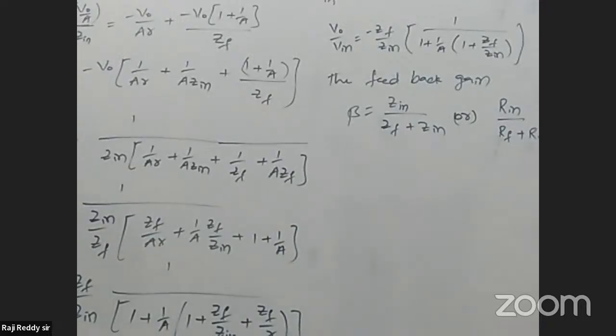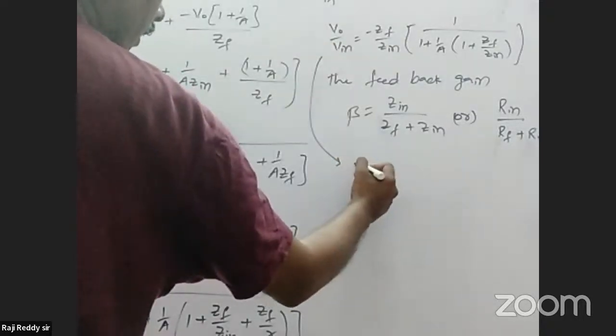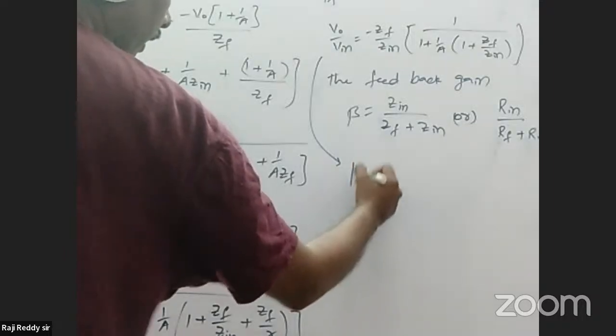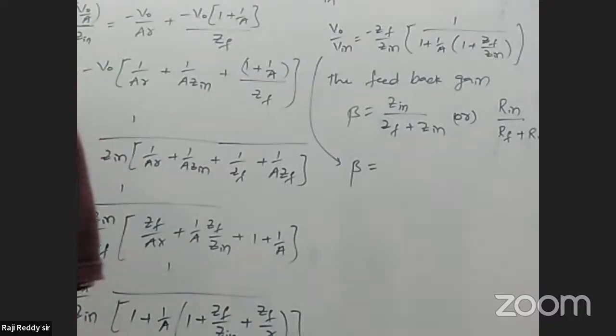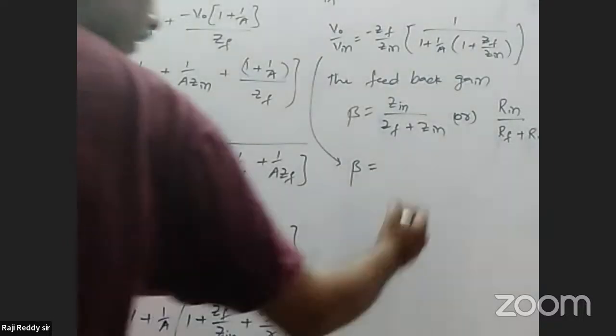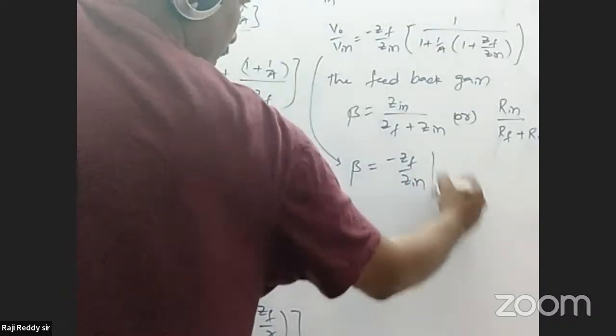So we can express Vout by Vin, nothing but beta, the voltage gain. From this equation, V naught by V in is nothing but beta, ZF by Z in minus ZF by Z in, then whole thing into